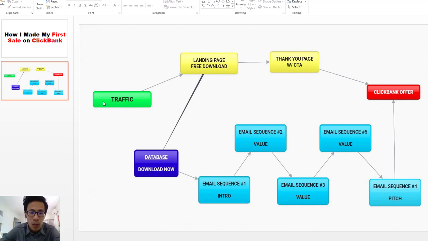Okay, so first and foremost, you need to have a traffic source, be it a free traffic source or a paid traffic source, to be directed into a landing page where you offer something for free in return for their name and email. Once they have opted in for that particular free product, you'll need an autoresponder to collect